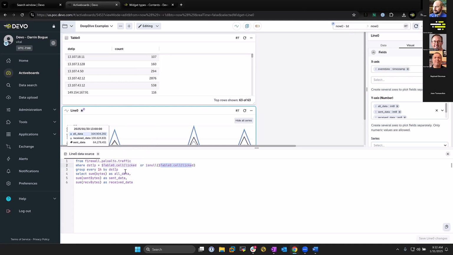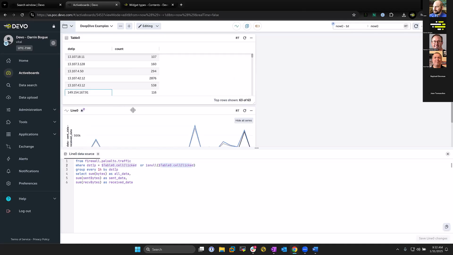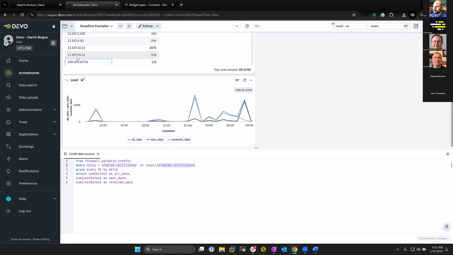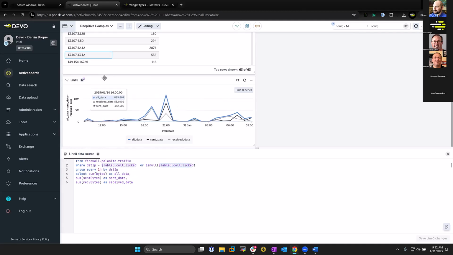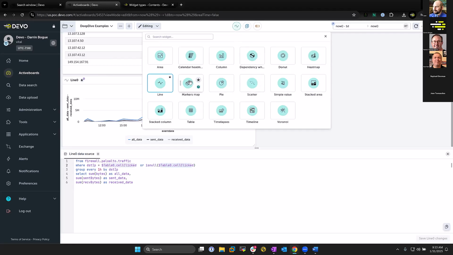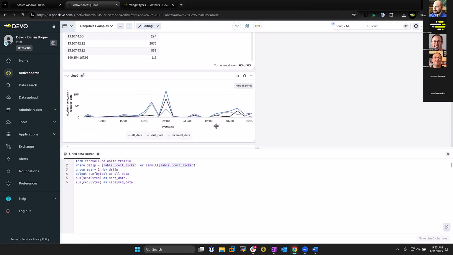So this is going to show me this if it's empty, or with the is null, or where there's an actual value. That way, again, I always get data. But if I go in here and I click on an IP address, now it's showing me specifically just the result for that IP address. So that's using the table as the input. What if I wanted to, at the same time, when I'm looking at my